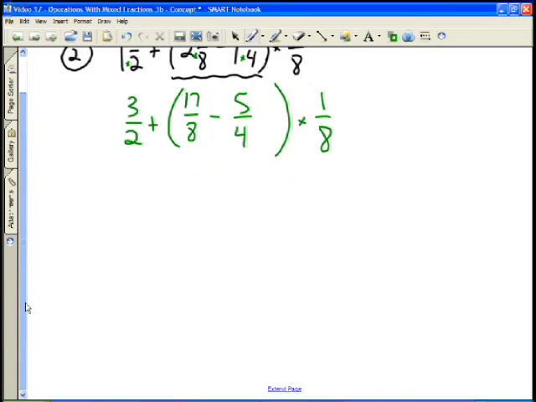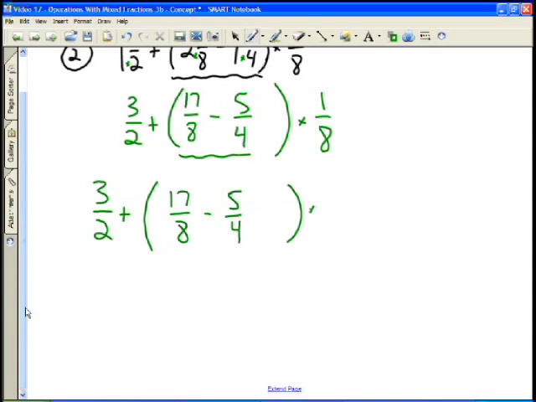And so now I'm going to spread things out a little bit because I notice in here I've got to now get my common denominator. So I have 3/2 plus 17/8 minus 5/4, and that's times 1/8. And so now I land up with